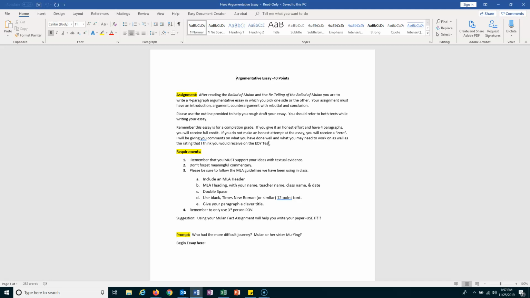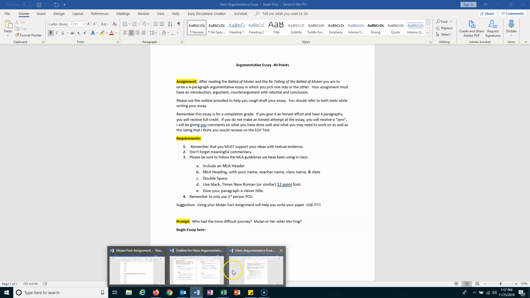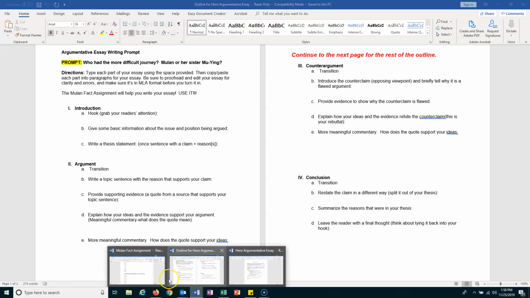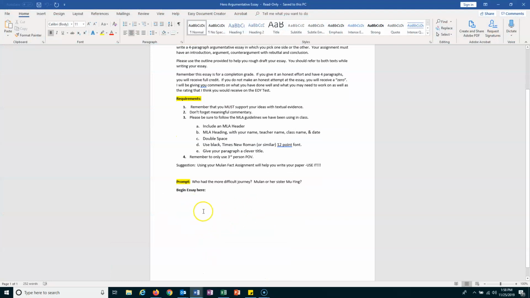So it's a really good opportunity for you guys to do your best work. And even though it may not be 100% as you would get on a grade, you're still going to get a 40 out of 40. So with that, I only want this paper turned in, the argumentative essay worth 40 points. That's all I want. I do not want the outline turned in. This outline is a pre-writing tool for you to use. Do not turn the outline in. The only thing I want to see in that drop box is this, and you begin your essay right here underneath, okay?